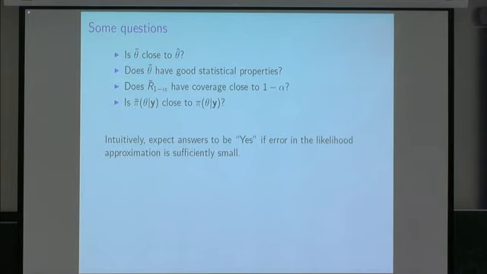So to me, it made sense to think about these problems asymptotically, as the amount of data is growing. That's mainly because of the second point, does the approximate likelihood estimator have good statistical properties? The statistical properties I was thinking of were things like consistency and asymptotic normality, the usual things that we know about the MLE. So I wanted essentially to be able to replicate those for the approximate likelihood estimator.